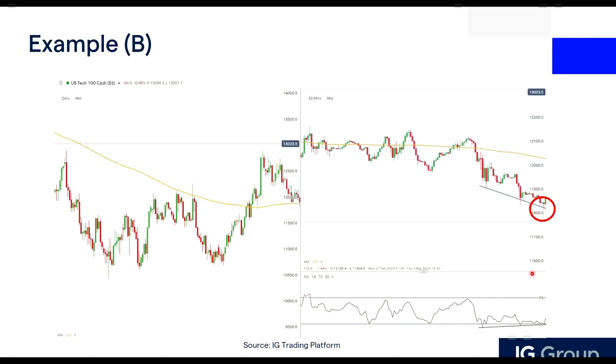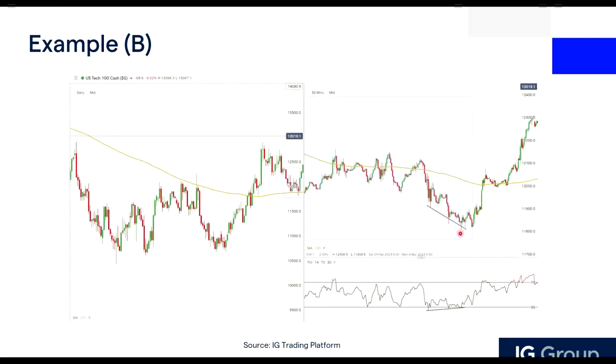So let's take a look at how this played out. This was B. When we enter a buy here with the hammer pattern, eventually this time the play worked out, and prices did reverse. In the daily chart, prices also bounced off the 200, and the 30-minute chart started to trend up as well. So the reversal did happen here, and you did manage to capture the dip using RSI divergence and a simple candlestick pattern as confirmation.